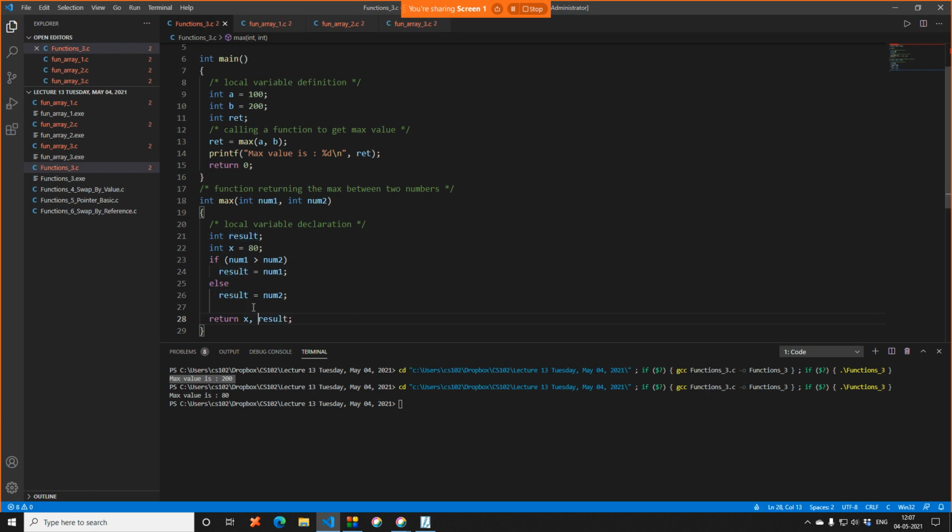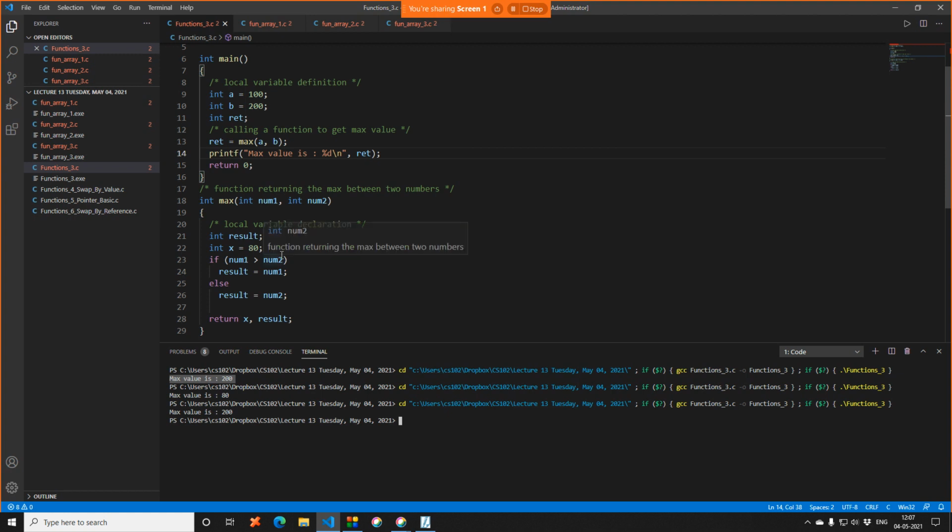So let's say your function computes three values, A, B, and C. You can actually only return one value back to the function main. So either you need to define three functions differently and return values, but this won't return actually. Let me just see. I think it returns the first value.